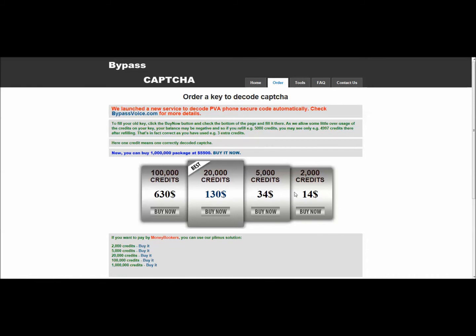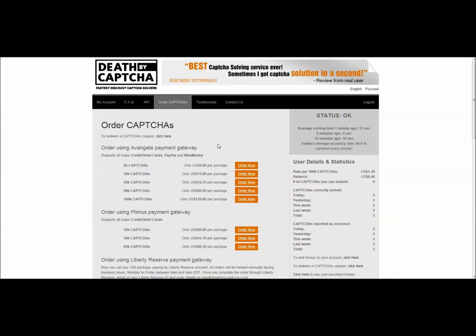But like I said, if you are on a budget and you're really watching your money for now, Death by CAPTCHA is really good, and they're cheap. You can buy 10,000 CAPTCHA code solves for $13.90, which is pretty darn cheap. So anyway,